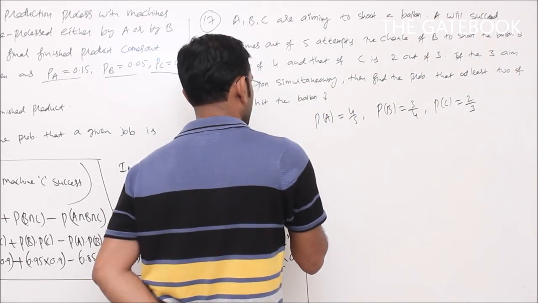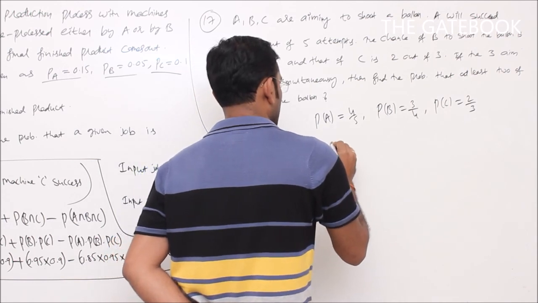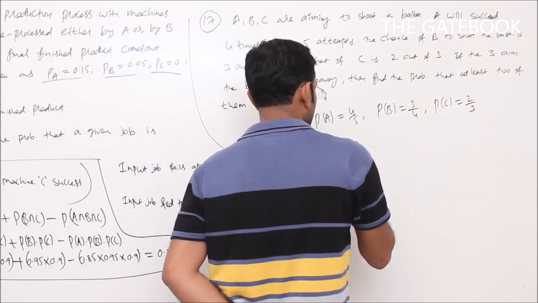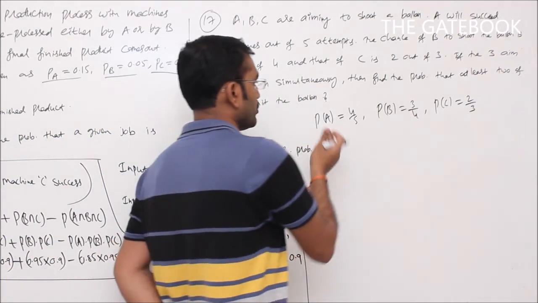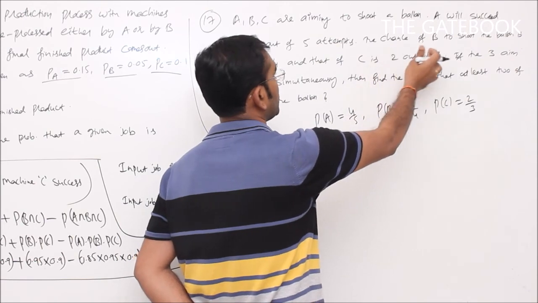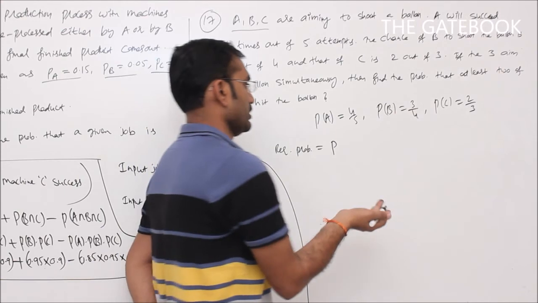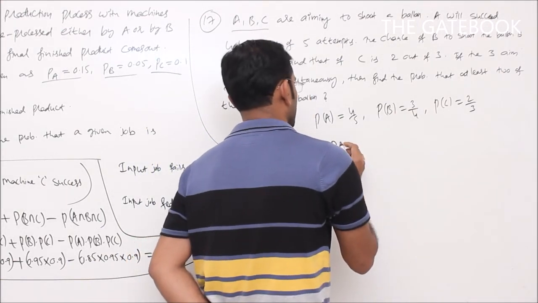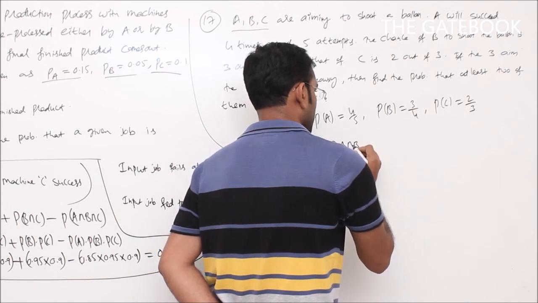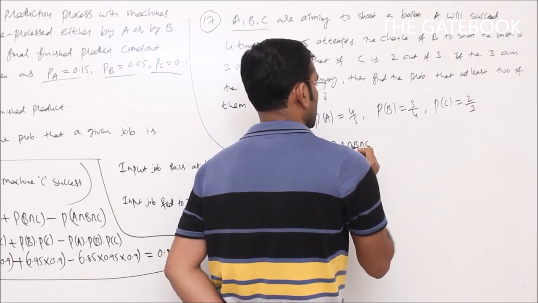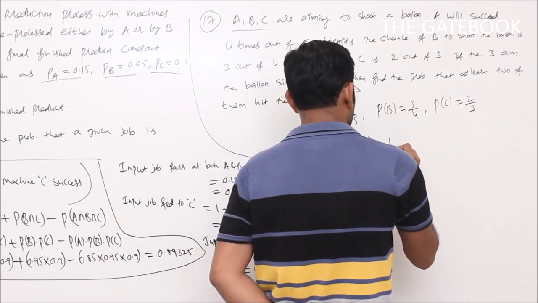So the required probability will be like this: at least 2 of them hit the balloon. At least 2 means 2 or more than 2. More than 2 means here totally 3 are there. So 2 and 3 will give at least 2. You can write the required probability as P of A intersection B intersection C bar, that is the complement, plus P of